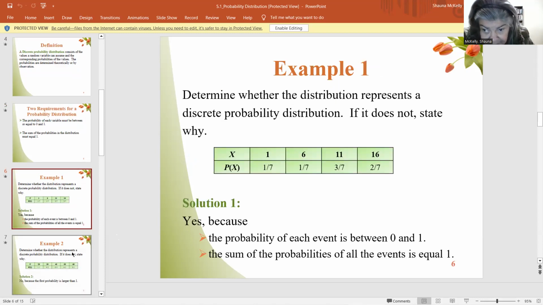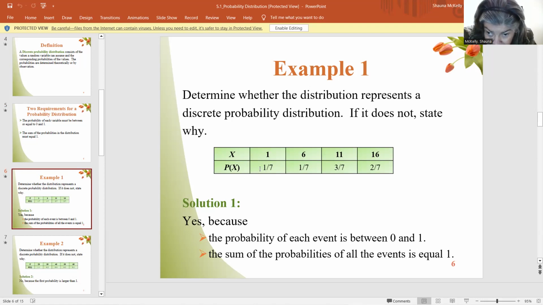So let's take a look at this probability distribution here. Determine whether the distribution represents a discrete probability distribution. If it does, state why. If it doesn't, state why not. So you're looking at it. Remember, your two requirements are that the probabilities down here where it says P of X have to be